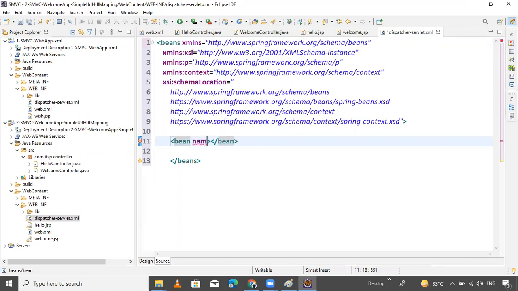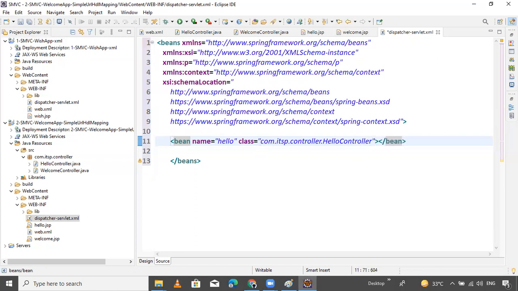Inside the bean, provide the name. What is the name? Hello. Name hello and class equals com.itsp.controller.HelloController.